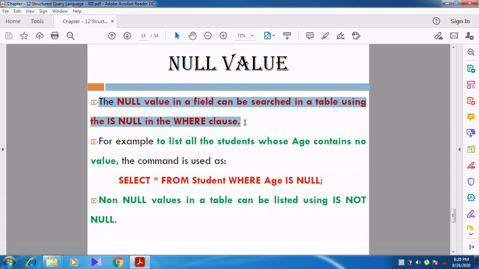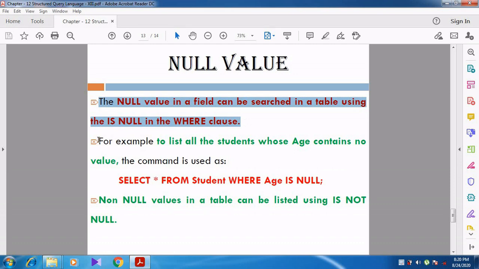We can find out through the keyword is null. This keyword should be specified in the where clause.